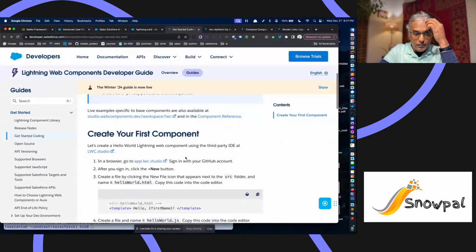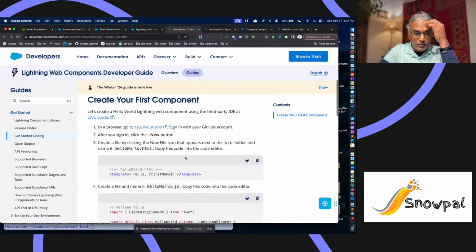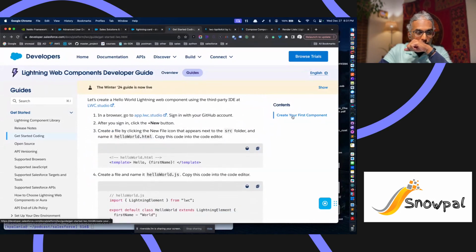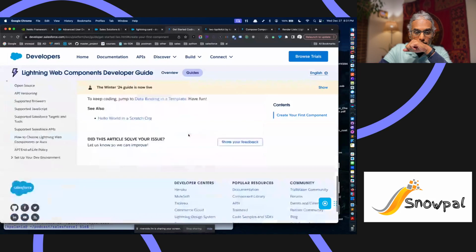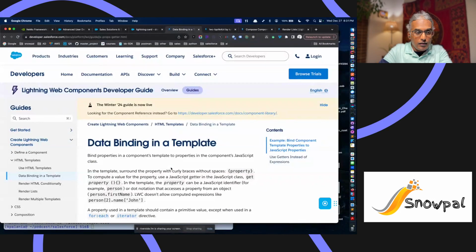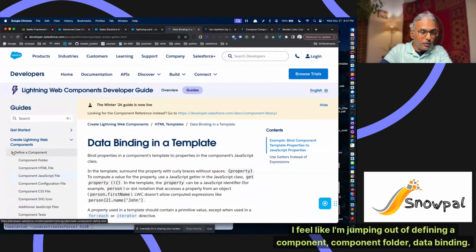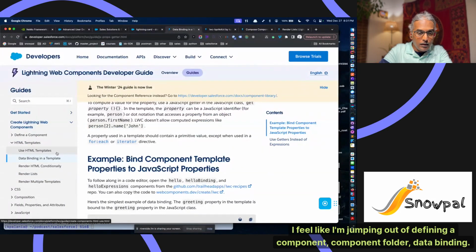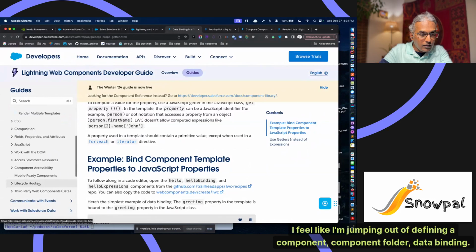Okay. What is the next page that comes after this? I feel like I'm jumping out of defining a component folder, data binding,